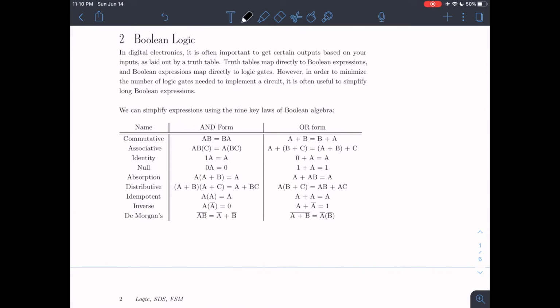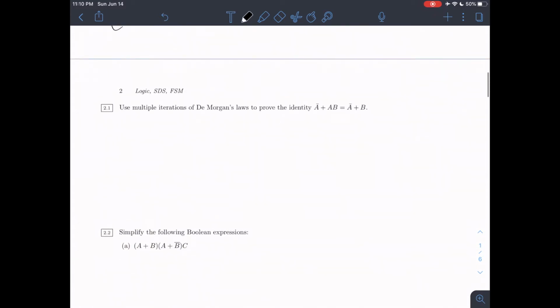However, in order to minimize the number of logic gates needed to implement a circuit, it is often useful to simplify long Boolean expressions. So over here, we have the 9 key laws of Boolean algebra. When doing Boolean algebra, Boolean addition corresponds to the logical function OR, and Boolean multiplication corresponds to the logical function